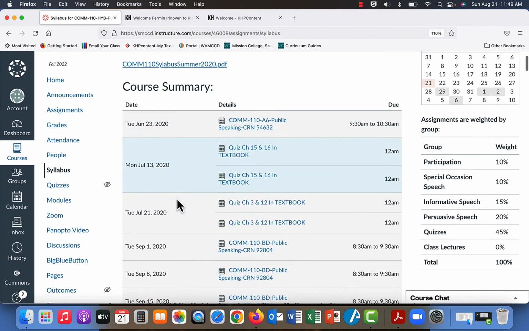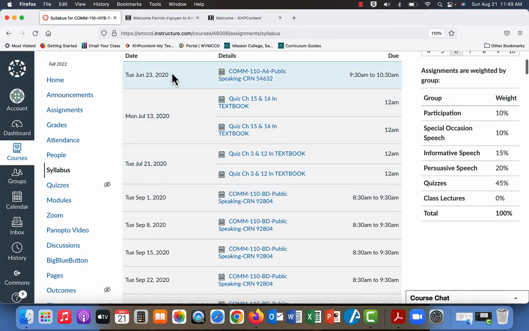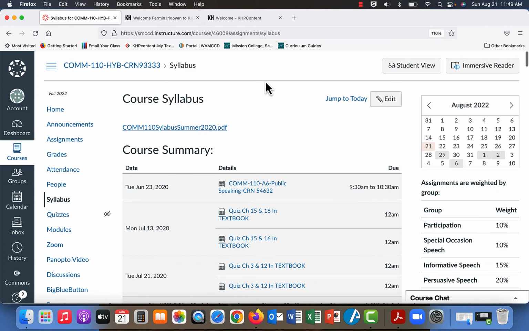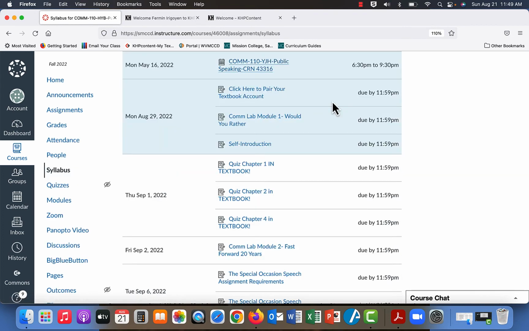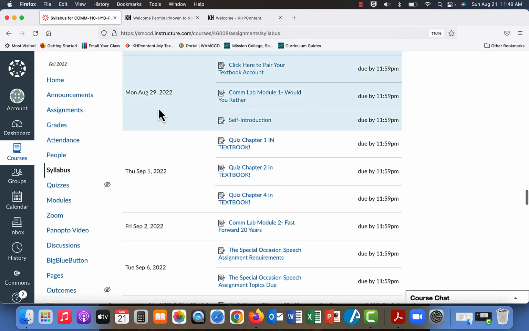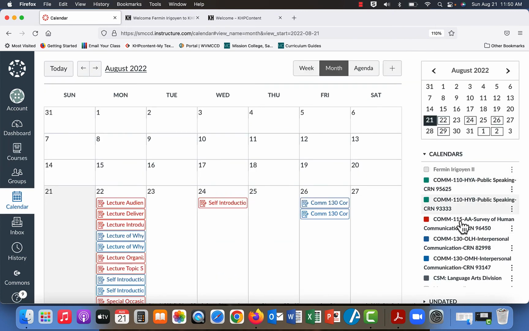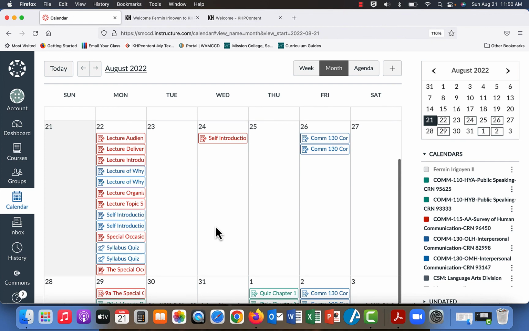For some reason, it takes you to like 2020, which doesn't make any sense. But if you click to jump to today, we've got assignments for this week and that sort of thing to take care of. Also on your calendar over here, you're able to click your class so that your assignments and things like that all pop up on your calendar.